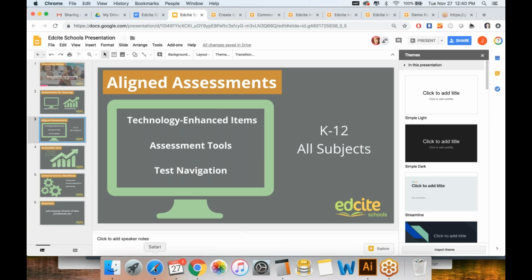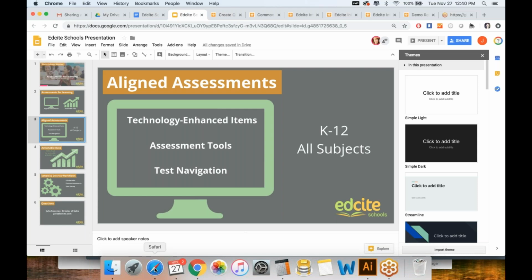And so one of the big distinguishers from Edcite to Edcite Schools is that Edcite Schools gives you access to a state aligned viewer. And so what that means is that if you are in a PARCC state, we will reformat the page to look and feel like that PARCC test.